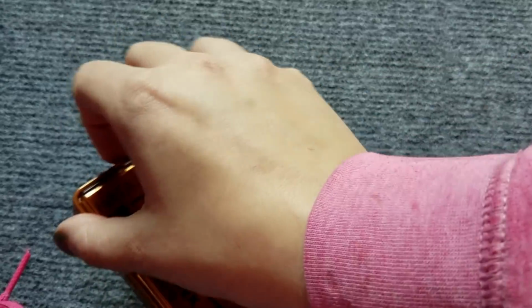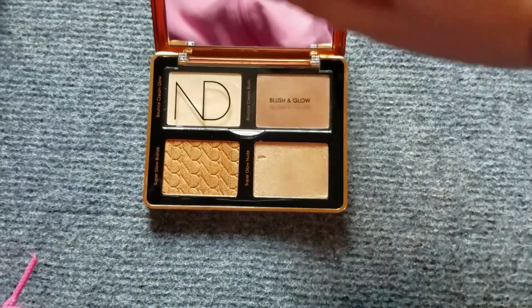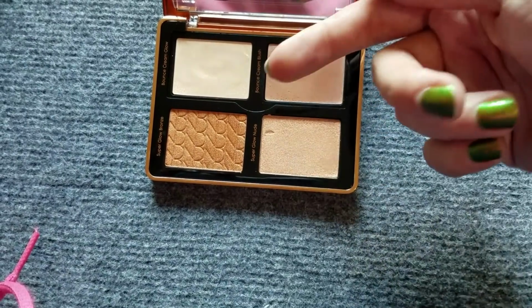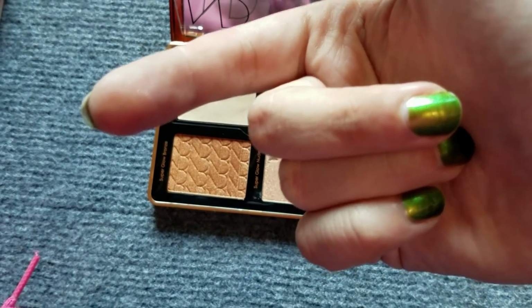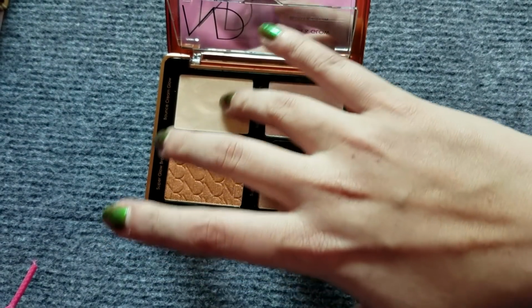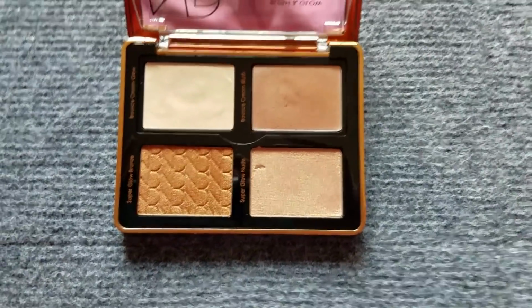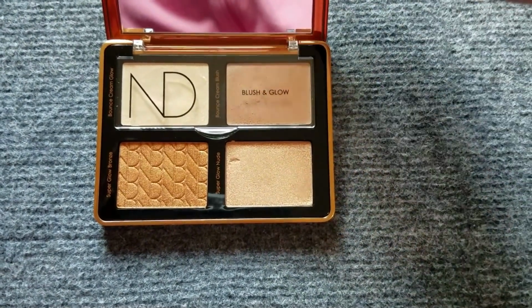Then the bronze, you guys would have seen me review this. I mean, after using it a bit more, I'm not as entirely sussed with it as I felt I was. I love this thing here as a blush, it is so pretty. I actually have a new peachy orangey wig that I know I want to wear this blush shade with. This here is okay. I wish it had been her regular formula. This blush bounce cream situation is a little weird. It could be worse, but it could be maybe a little bit better. I know that I'm going to use this soon, so I think this one I'm just going to pull